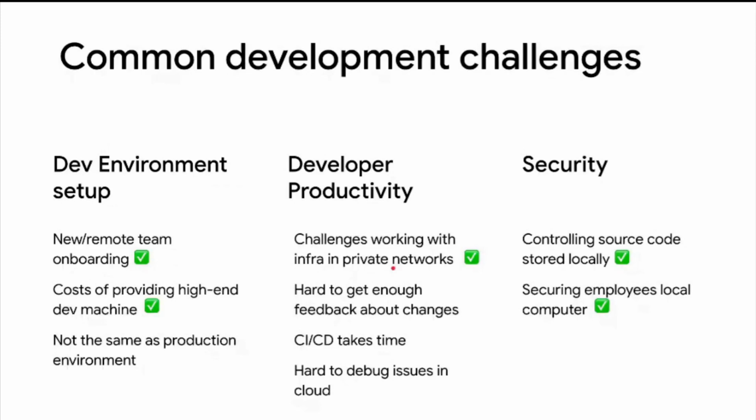And about developer productivity, the problem related to working with resources in a private network has been solved, because the workstation is now already on the private network itself. So it's already in VPC. If you want to connect it with another VPC, you can create a VPC peering or something like a VPN tunnel. But you still have to push the application to Git so that the CI/CD pipeline gets triggered. Thus, the problem still persists here. So it's hard to get enough feedback in a timely manner. The CI/CD takes time, and it's also hard to debug the issue because you cannot really use the breakpoint,